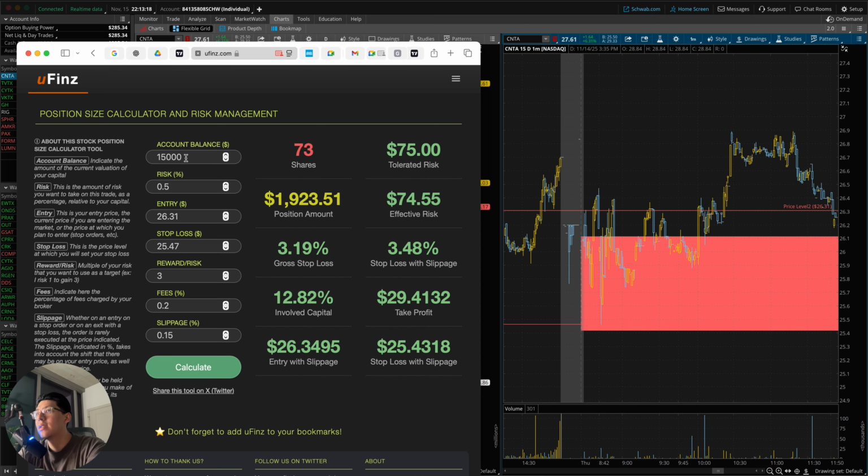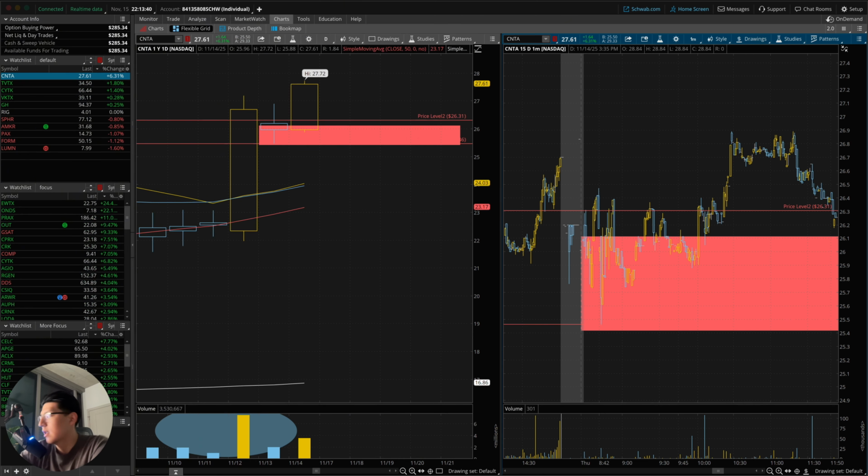Based on a $15,000 account, you're only gonna be losing $75 if you lose. But if you win, you're gonna be making way more than that, bro. I already did the math with $5,000, so you can only imagine how much money you could potentially make with $2,000. But yeah, that is pretty much it. After that, let me just show you exactly how that played out. Let me just put this all the way to the side.